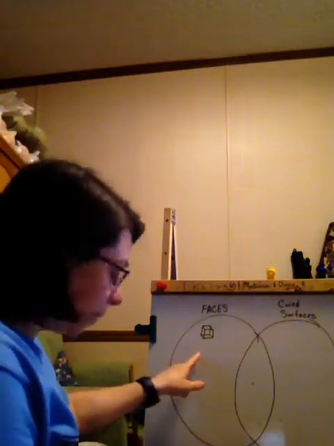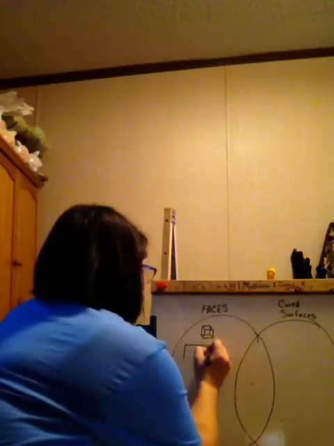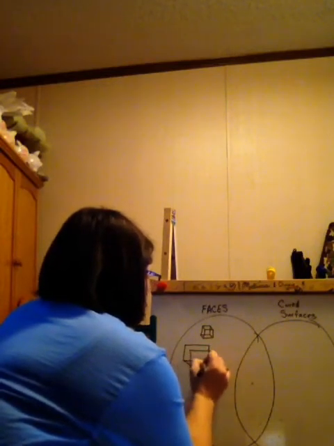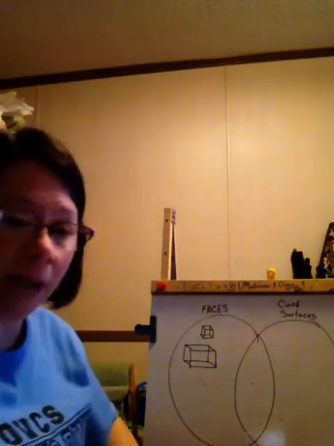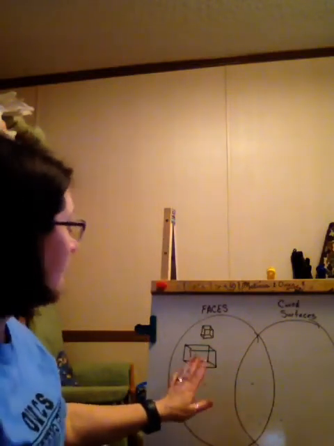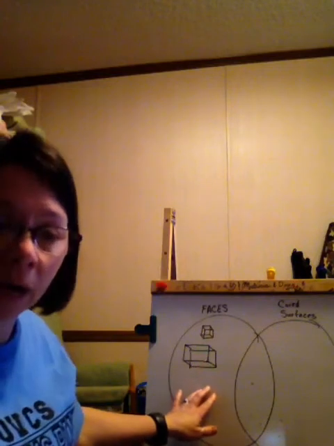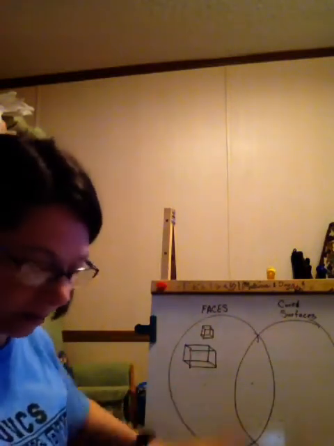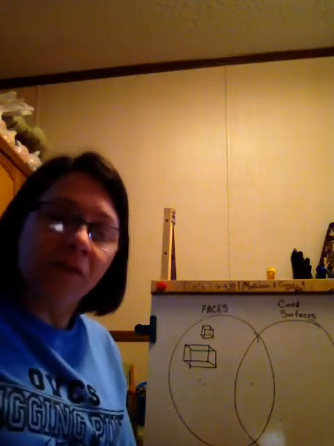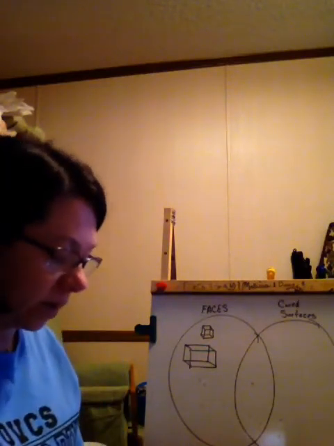We're going to put it with faces also. And again, you can write rectangular prism there. So that is a rectangular prism. It doesn't have any curved surfaces, but it has faces. And we talked about a